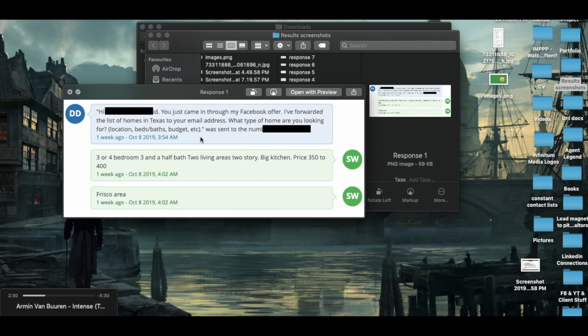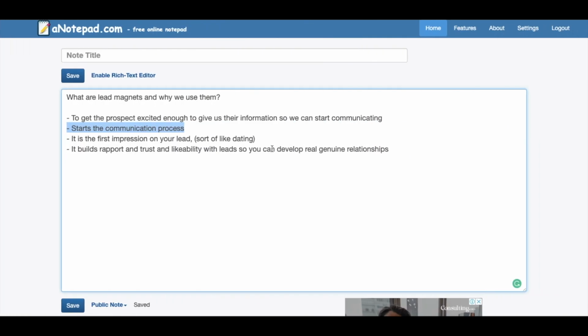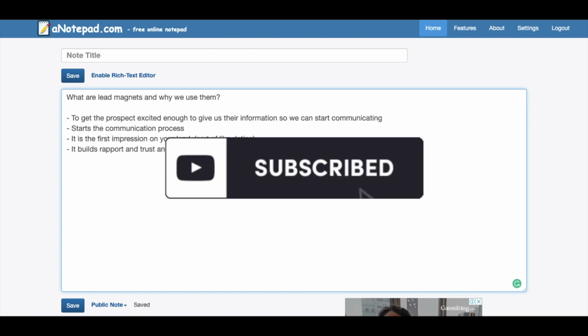You can see that we shared the list and then we asked them, "Hey, thank you, you came in through my Facebook offer. I forwarded the list of homes to your email address. What type of home are you looking for?" Because they've seen that lead magnet, they've gone through it, and probably they found something there, or they didn't, but they're giving their response: 3 or 4 bedrooms, 3.5 bath, 2 living areas, 2-story, big kitchen, price between 350 to 400k. So this is very important to get your lead magnet right, because it's like your first impression on